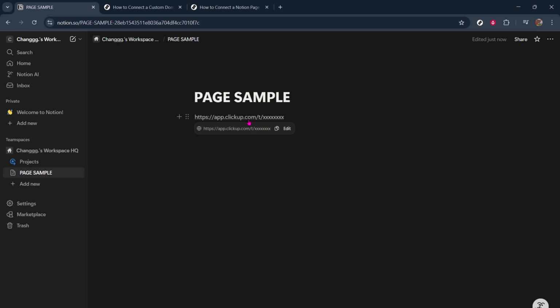You've successfully connected your Notion page to a ClickUp task or resource, making it easy to navigate between your notes and your project management tools. This setup enables you to stay organized and ensures that all the critical information and tasks are just a click away, fostering a more efficient workflow. As you go along, consider how you can further integrate